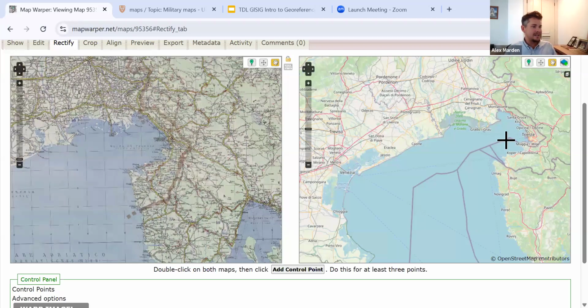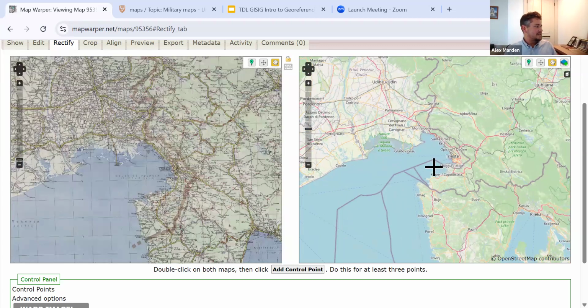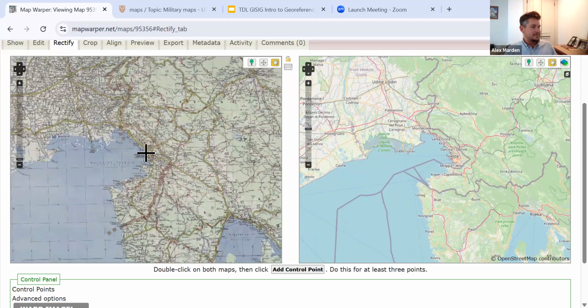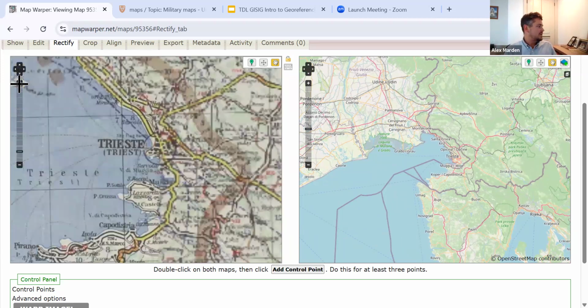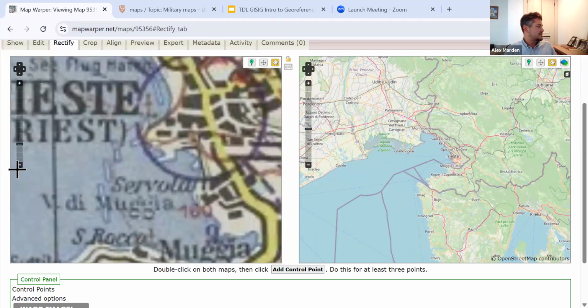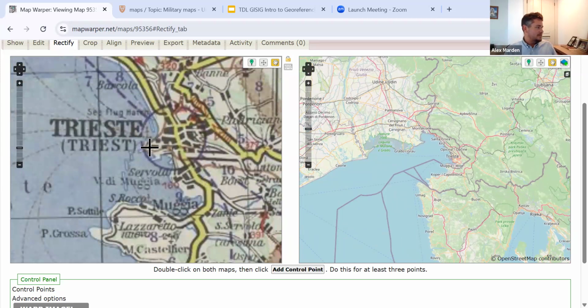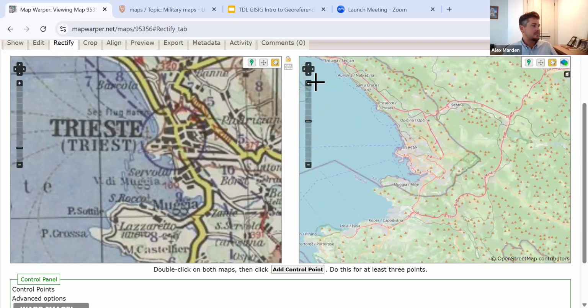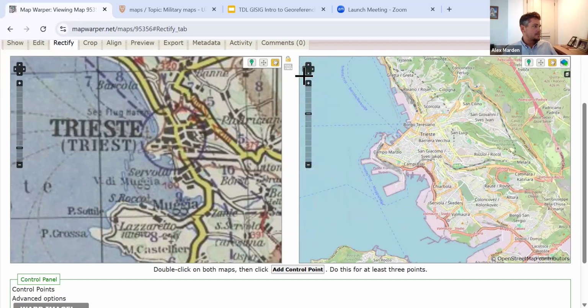So I'm going to start with maybe the most obvious place on this map to begin with, which is Trieste. It really stands out here. It stands out on my reference map over here. So I'm going to go ahead and zoom in because as you'll see, zooming in, and this is where resolution becomes important. We want to be fairly precise here with where we put our control points. And so zooming in will allow me to not just generally match things, but to get as close as possible. So I'll also zoom in on my reference map over here,